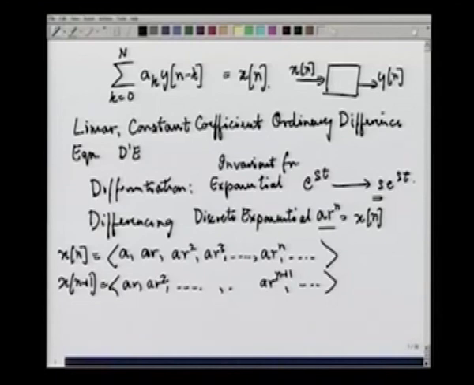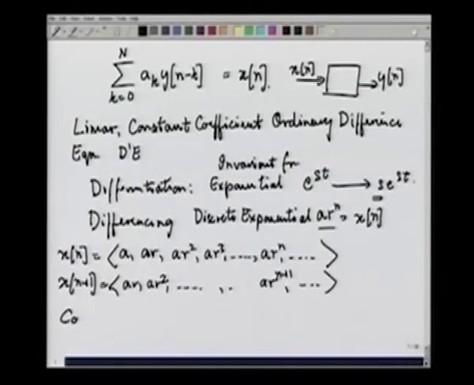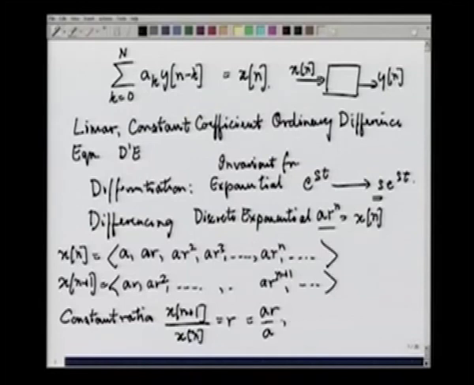Now, there are two things to recognize about these two sequences. The first is that there is a constant ratio between corresponding members of the sequence. Equals, for example, a r by a, or